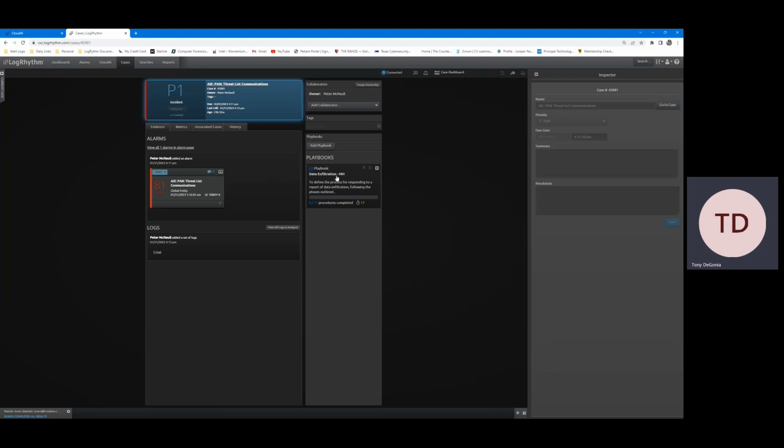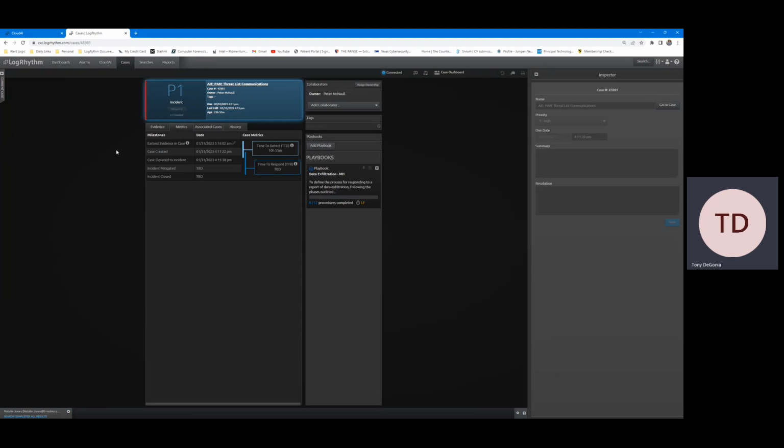We see the playbook that's been assigned. We see the owner's Peter McNaul. He didn't have anything on here. He could have, but that's okay. And then we could add a playbook to this if we wanted to. We can see the metrics,